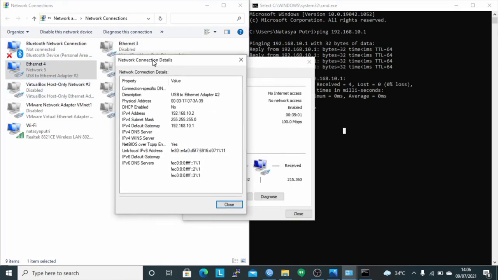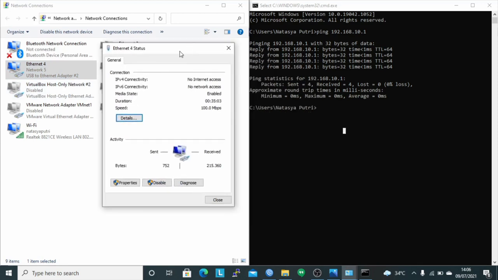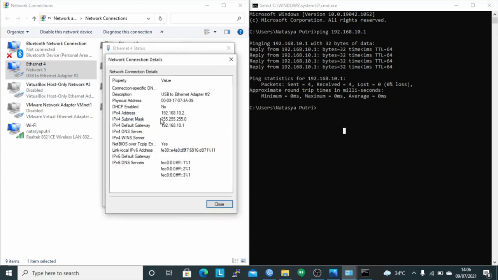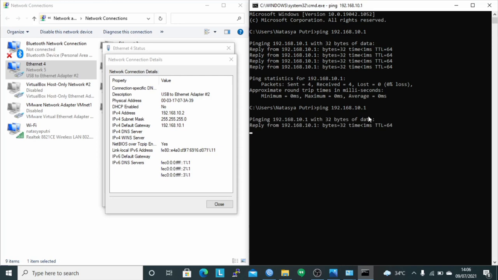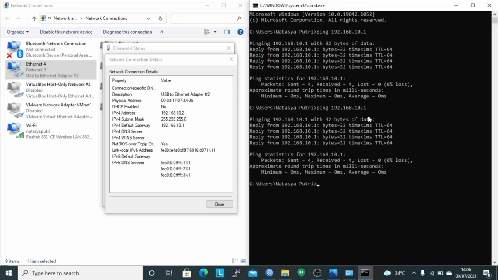It can be seen that the client using IP 192.168.10.2 pings the gateway IP, namely ping 192.168.10.1. It can be seen that the result is reply, which means the client is connected to the router.